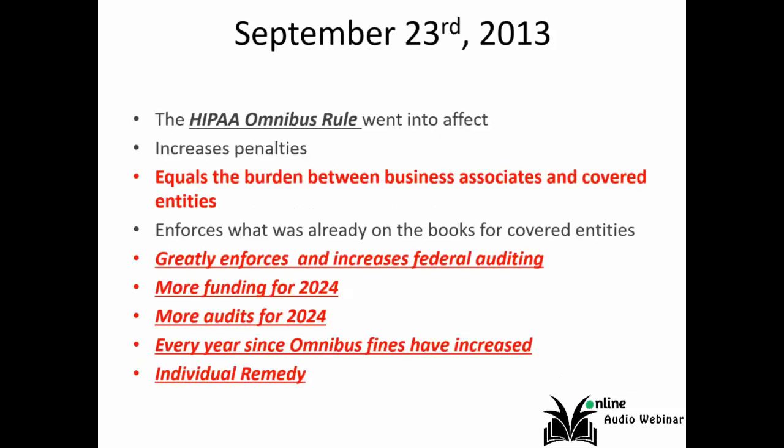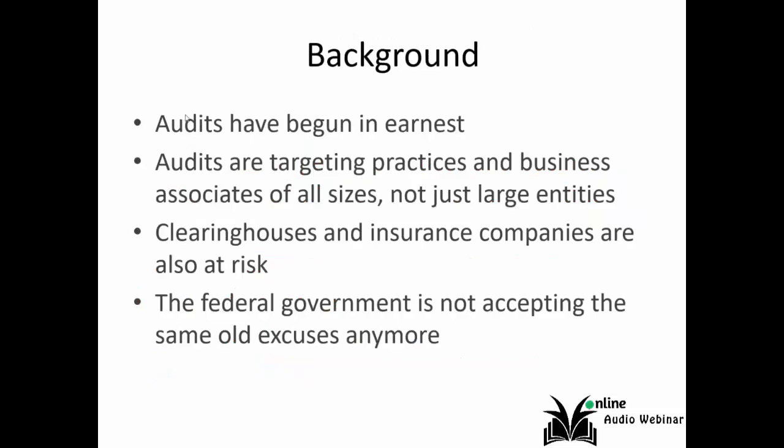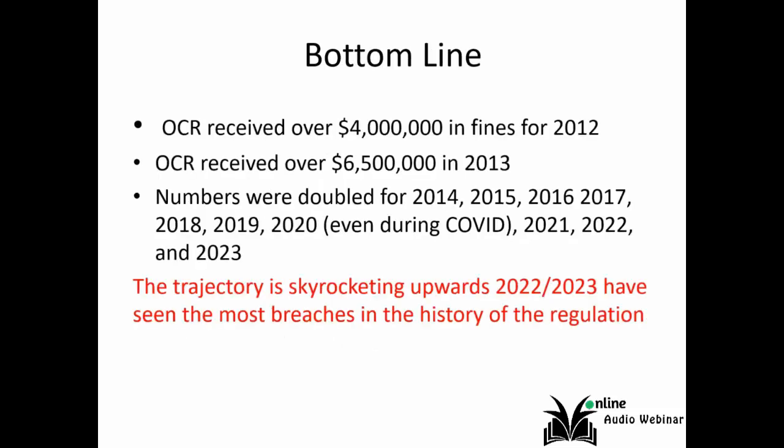The last major overhaul to this regulation was what's called the final omnibus rule, in September of 2013. Multiple HIPAA violations, and what I just mentioned, there are 5 or 6 violations of the HIPAA security rule. Transmission security is violated, encryption is violated, data integrity in transmissions is violated, information system activity reviews are violated, password management is violated, unique user IDs are violated. Audits have begun in earnest. It does not matter your size and scope, big, small, short, and tall, we are all at risk. So just a little reference here: 2012, the entire year, $4 million in HIPAA fines. It ticked up to $6.5 million in 2013.